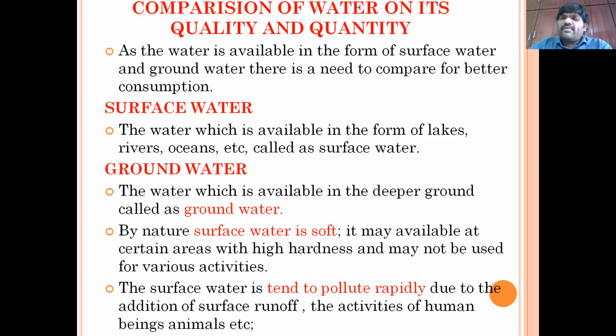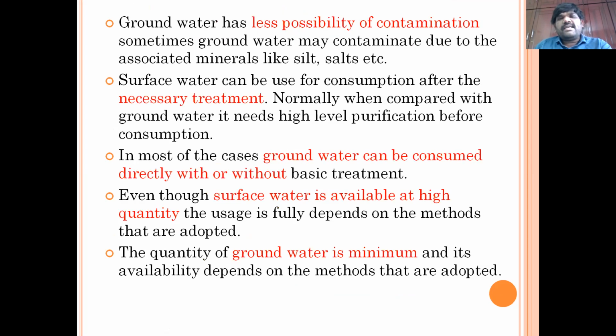Once the water is moving into the nearby catchments from the top of the soil, obviously it will take some pollutants. It consists of certain ingredients which may spoil the soil quality. That's what I mentioned there. Here the surface water tends to pollute rapidly due to the addition of surface runoff and the activities of human beings, animals, etc. Next, groundwater has less possibility of contamination because we are taking water directly from the ground,